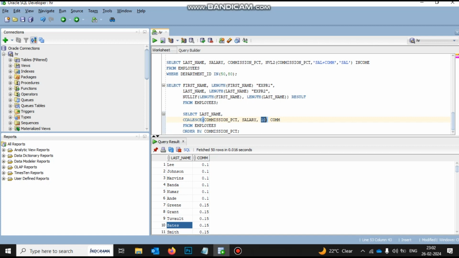So which means that amongst these 3 expressions, whichever expression value it gets first, that is whichever expression value is the first non-null expression, that value will be returned. If commission_pct is not null, then this will be returned, the other two will not be returned. If commission_pct is null and salary is not null, then salary will be returned, commission_pct and 10 will not be returned. If both the commission_pct and salary are null, then the static value of 10 will